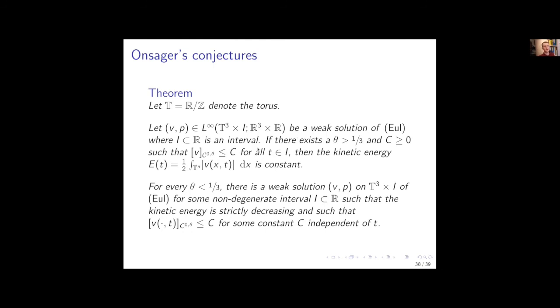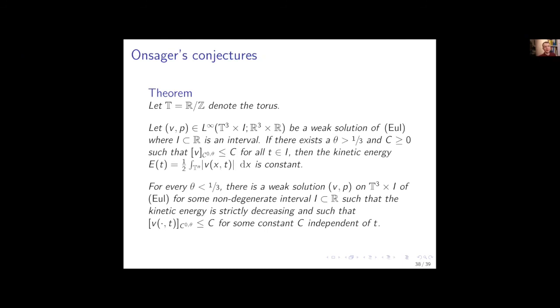And the first part is also very interesting, which is if you take any weak solution, and it is Euler continuous with exponent more than 1/3, then the kinetic energy is constant. I'm sorry, I'm missing a square here. So it should be 1/2 times the integral over the absolute value squared. So the kinetic energy is actually constant for Euler continuous functions with exponent bigger than 1/3. Just as in the classical case, and just as a remark, the classical case you can essentially think of as weak solutions that have Euler exponent 1, because that's essentially equivalent. That's how you can think of it.